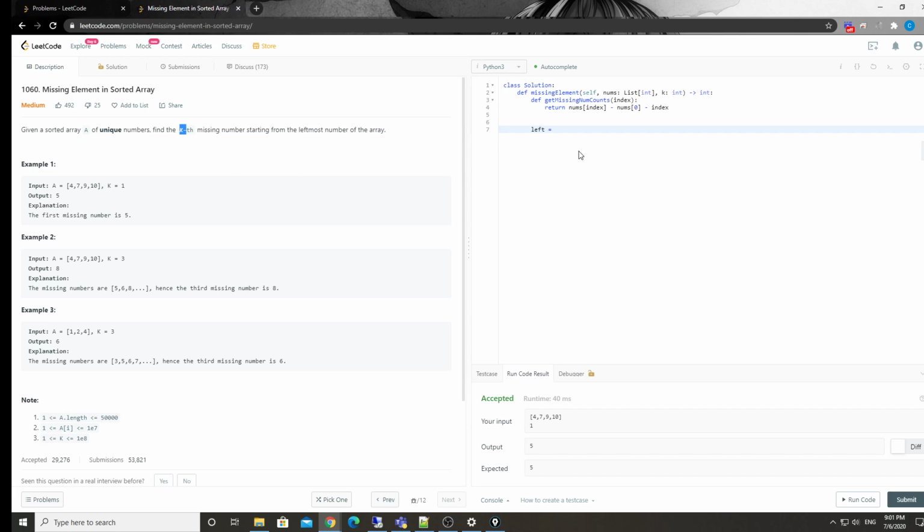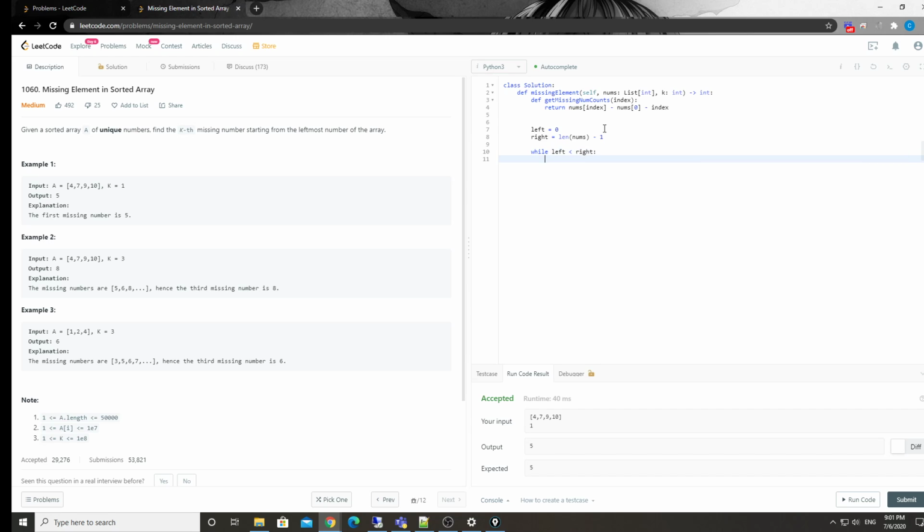That's why we start from 0: left will be 0, and right will be the last index, which is the length of nums minus 1. While left is smaller than right,